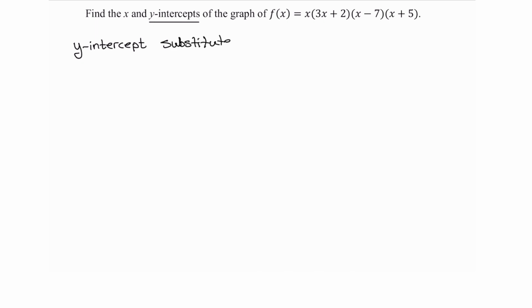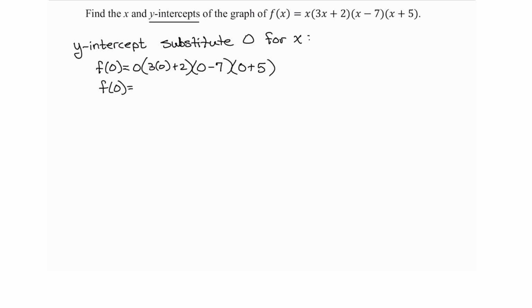0 for x. So we are going to find f of 0. So that's 0 times 3 times 0 plus 2 times 0 minus 7 times 0 plus 5. Now in this I have f of 0 is equal to, well, that's 0 times 2 times negative 7 times